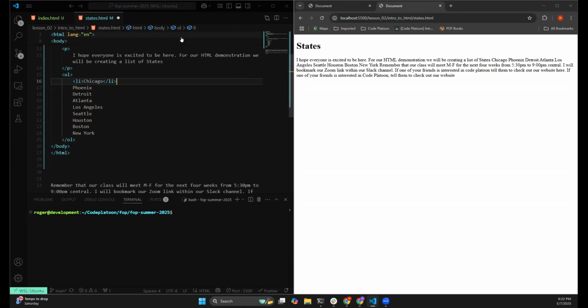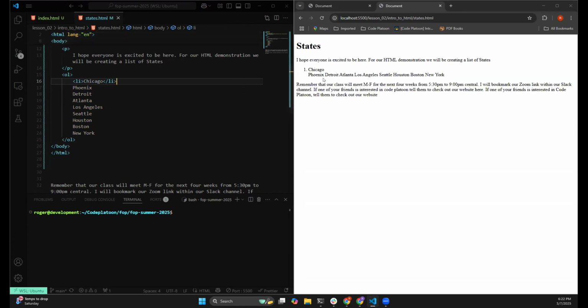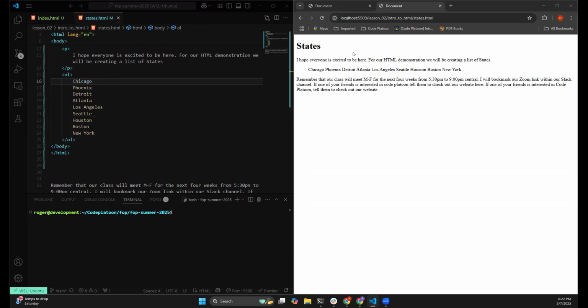And now what you're going to see is something different, right? My paragraph is formatted, but actually, let me show you how it looked before the list item because I didn't save it. There we go. So the paragraph tag did format this a little bit whenever I moved the ordered list in here. And then I wrapped around Chicago with an li tag. And we see here,